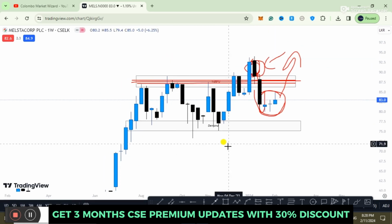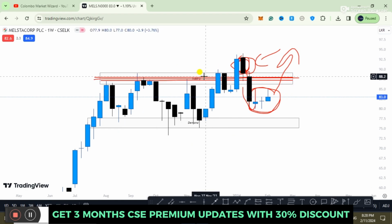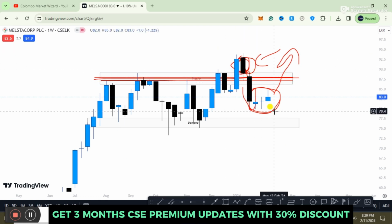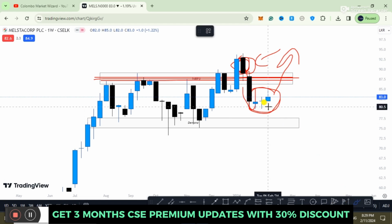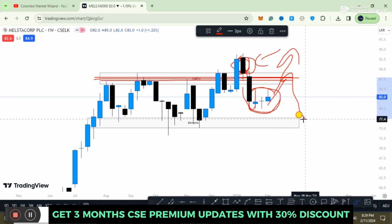So this is a simple concept. I believe that you are familiar with this from reading my previous analysis, right? Once you identify a major sell zone, the price will not follow up on that. So in that case, we have a fake breakout. Here we see a bullish sentiment, which is probably going to have a retracement back to the following key supply zone, and then show a bearish rally,